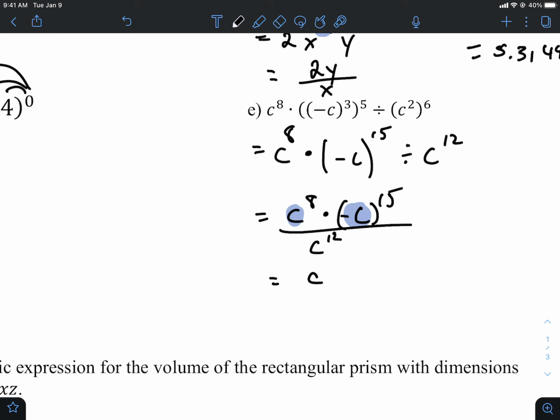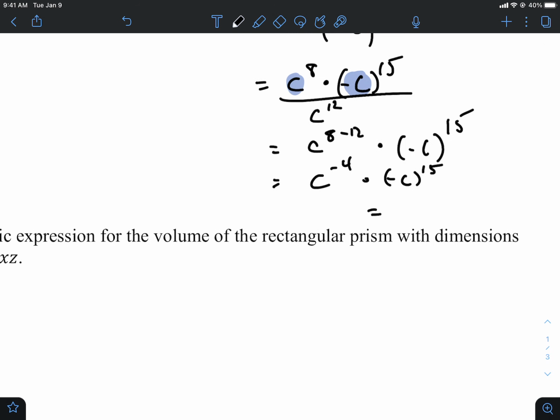So we're going to get c to the 8 take away 12, multiplied by negative c to the 15. And so we're going to get c to the negative 4 times negative c to the 15, which is going to equal negative c to the 15 divided by c to the power of 4. I'll hit stop and